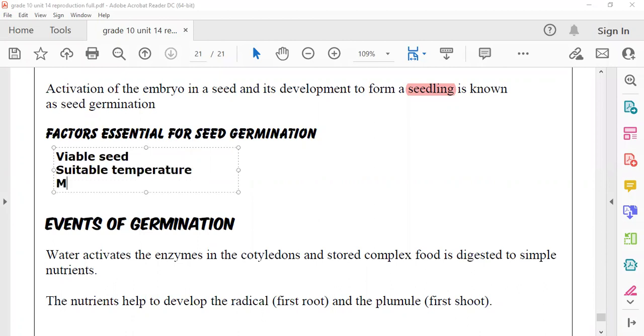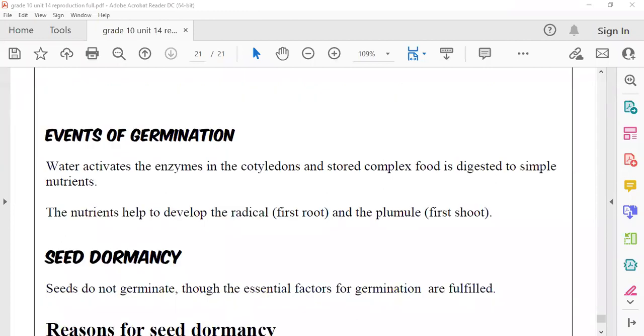Third one, moisture is needed and oxygen gas. Oxygen gas is needed, or you can say air is needed. These are the factors essential for seed germination. After germination is occurring, what's happening is